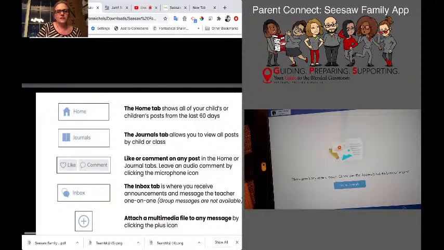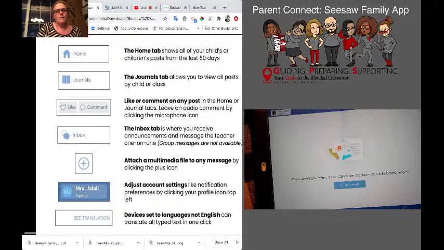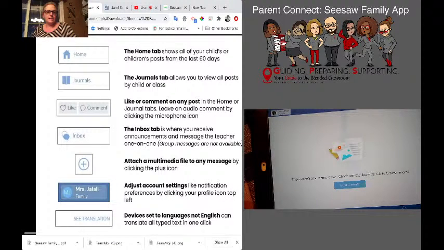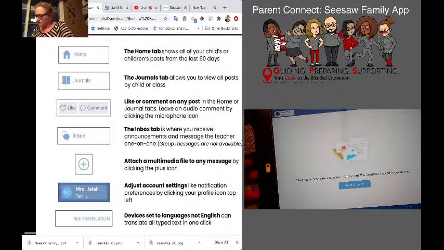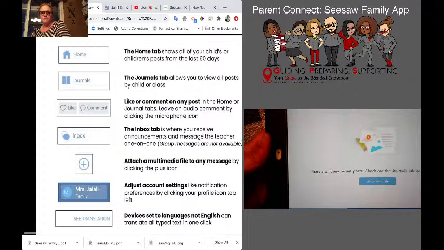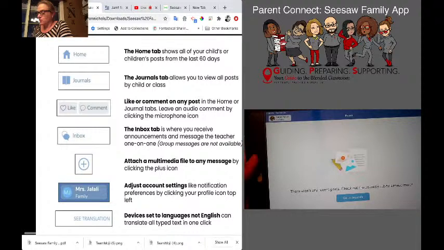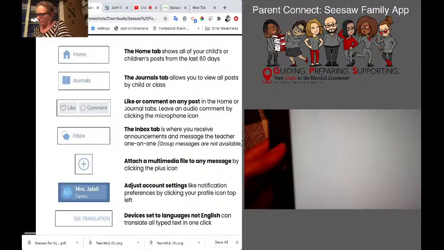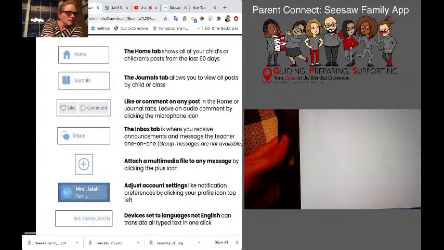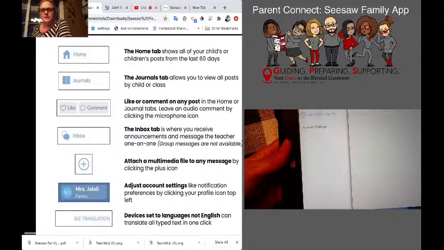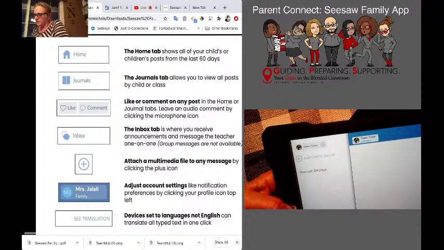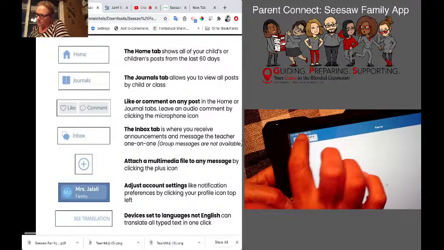Okay, now I'm going to talk a little bit about the functions of what you can do in Seesaw. So you can see I have the picture here of the different buttons, and I'm actually going to show you these on the app so you can see what you can do. So I'm logged in to my children's account. I have both of my kids connected because remember you only need one family app for all of your kids. So I can go here to their journals. Again, like I said, my internet tonight is really dragging, so I apologize for that. So I have my kids here, and